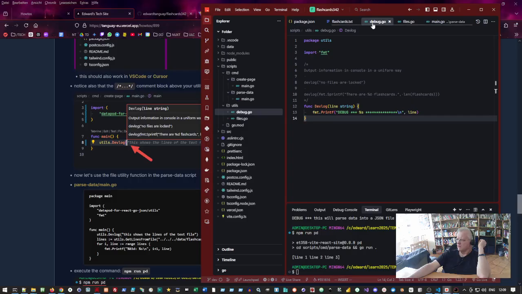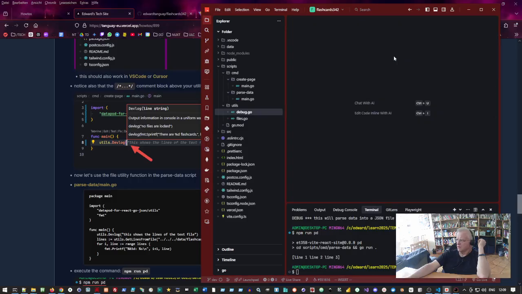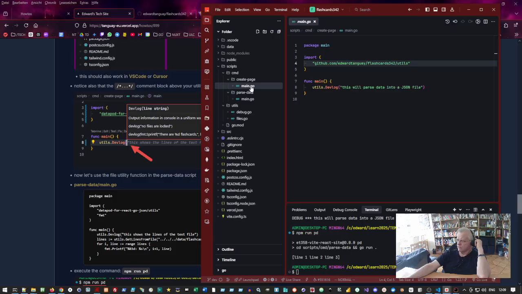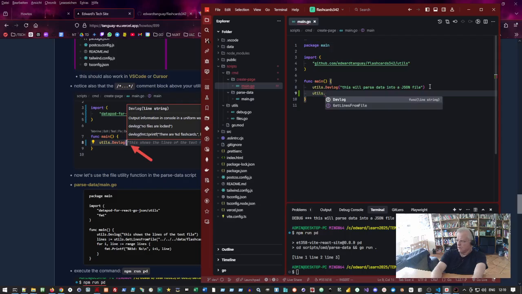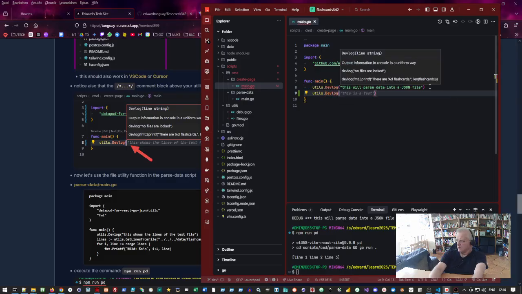Let's close all this. When you are in here and you say utils and you say devlog, and you say dev, you see here that it explains how to use it, which is